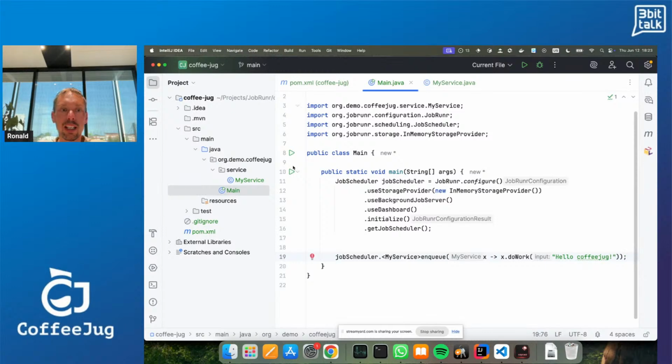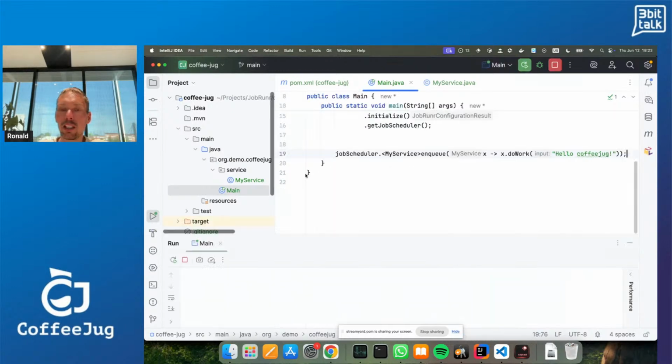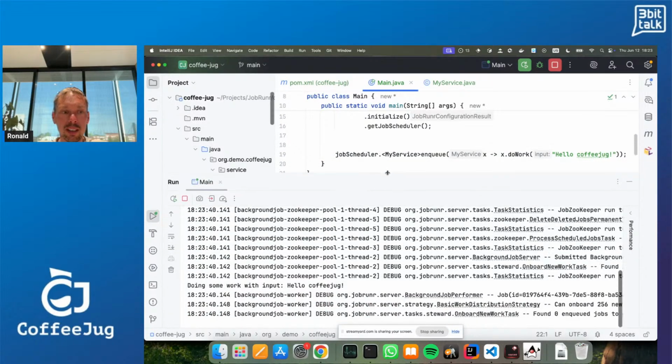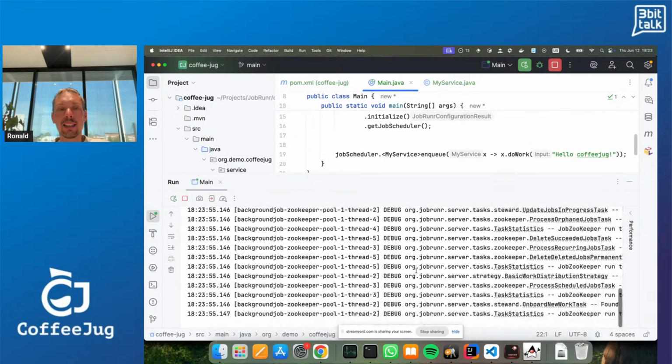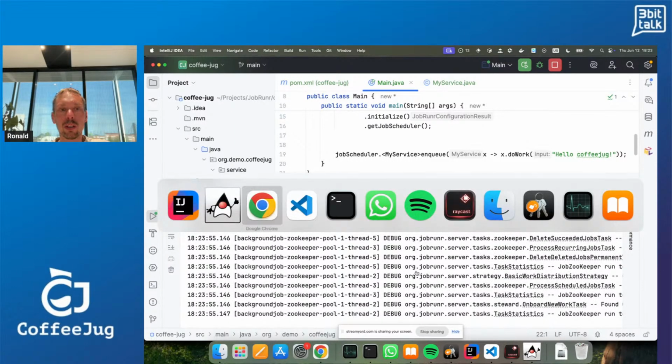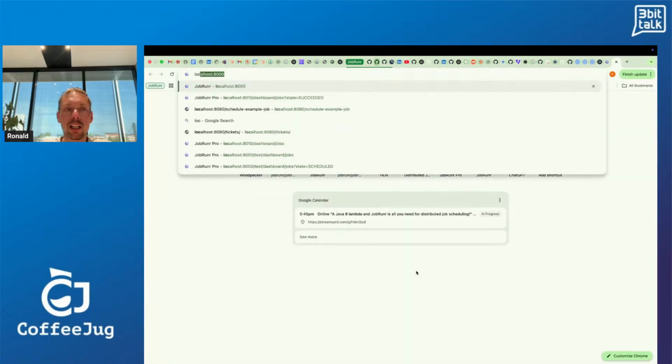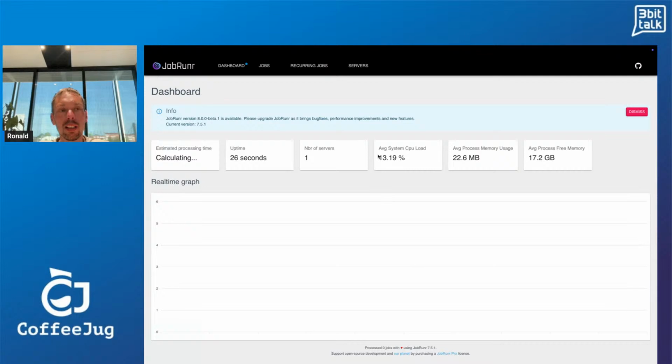Let's run this already, and let's see what happens, whether I did not make any mistakes. All right. As we can see, things went really fast. Here we already have the output, so the job worked. And if I go to the dashboard, oops, yeah, this is Home Assistant, and I go to localhost 8000, then you should be seeing the JobRunner dashboard that I also launched.